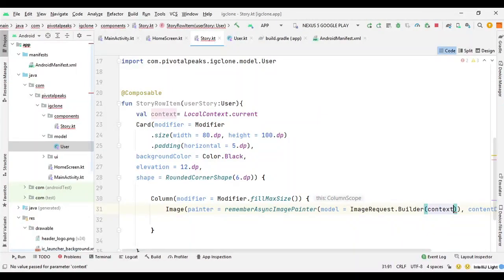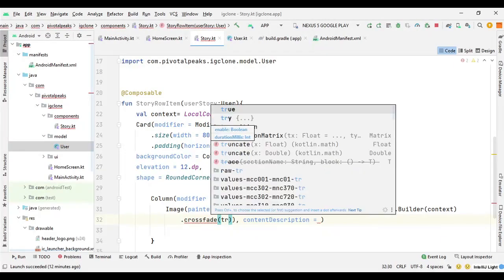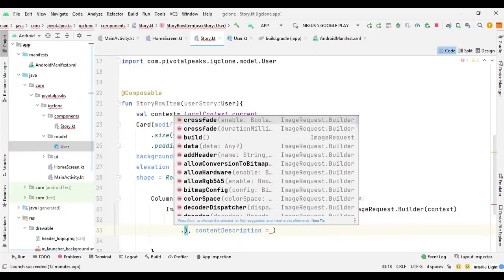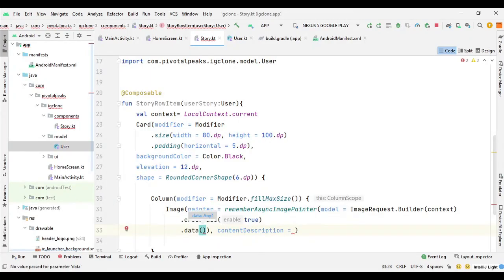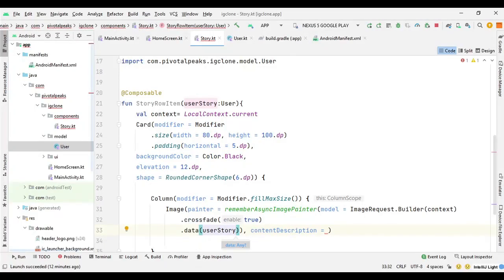So context, then we can apply the crossfade. So for crossfade let's go with true, and then we need the data. So data we are getting from the user repository, which we will create shortly. So let's access our userStory variable or argument that we are passing here in function StoryRowItem.